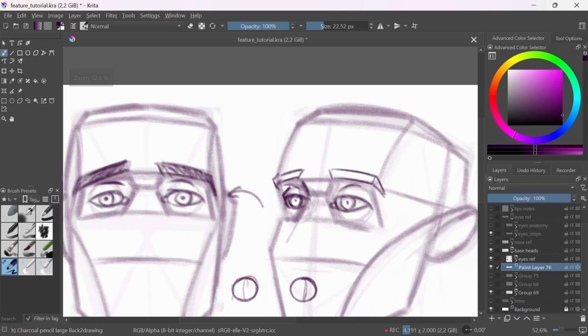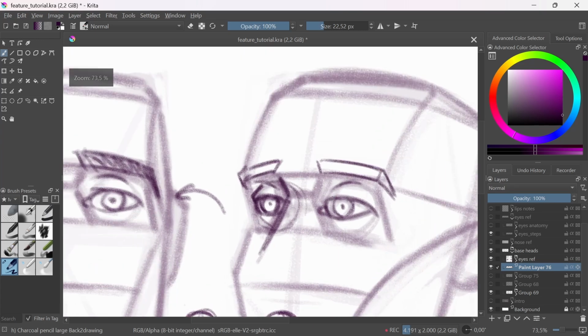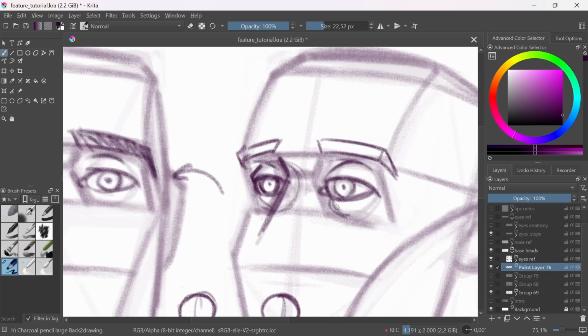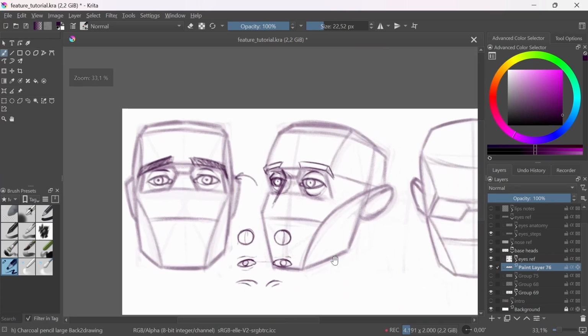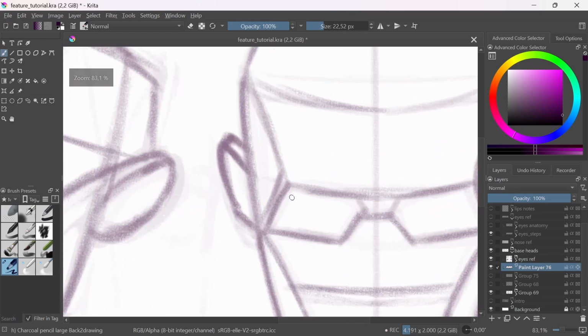Right, so this one is covered by the nose, as we said, but still the ball is gonna go behind the nose. So as long as you remember the ball, then you can always draw the eyelids, upper eyelid and lower eyelid, wrapping around the form of the ball, and that way it makes it easier to draw the eyes. When we are looking from above, then we have again starting with the ball, but of course the ball here is gonna meet